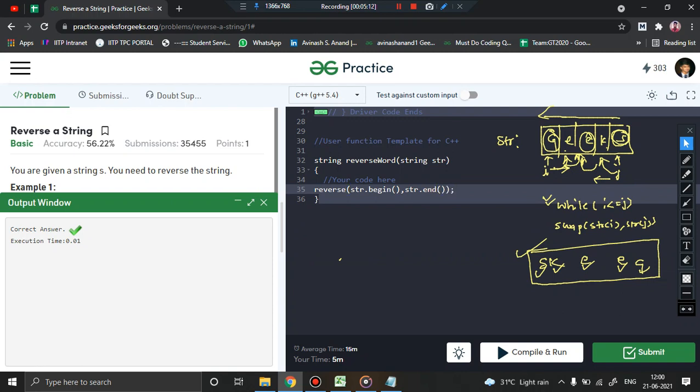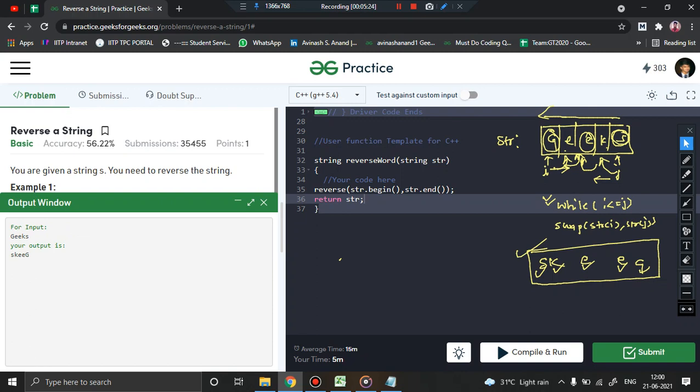This will basically reverse my string from the starting to end, entire thing, and now you can basically return the str. That will work fine. So this will also return the reversed string. So we can just prefer this reversal when we are solving some bigger problems, and reversing a string is just a sub problem of that particular big problem, right? So yeah, that's all from this particular slide.